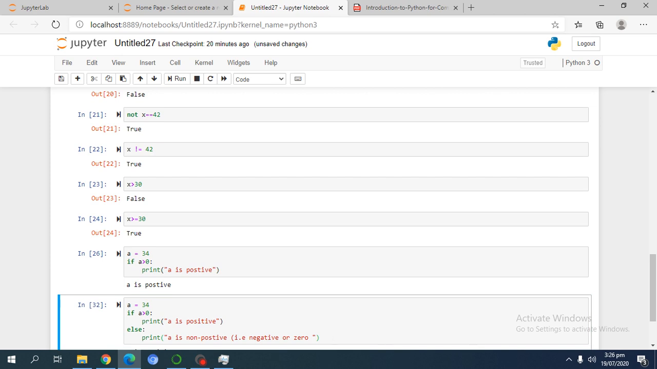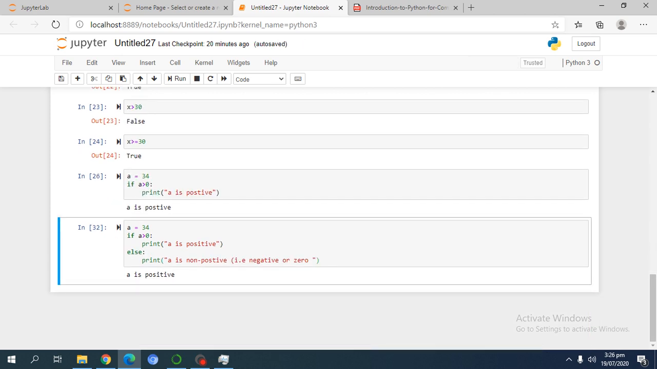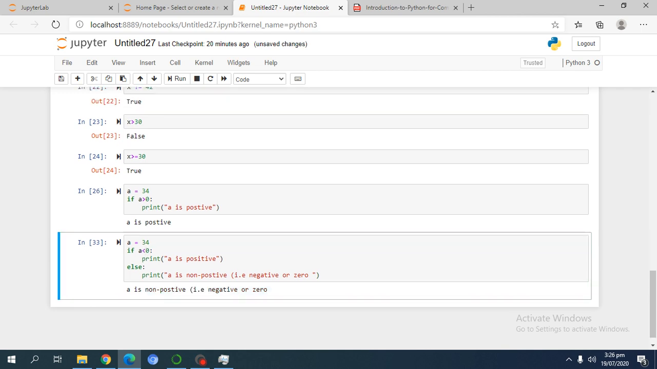Means अगर हम A की वैल्यू 34 देते हैं A greater than 0 में, अगर A greater than 0 ना हो तो अगर ये कंडीशन फेल हो जाती है, फर्ज करें A लेस देन 0 है, तो एल्स स्टेटमेंट एग्जीक्यूट होगी। एल्स स्टेटमेंट को हम इसलिए एग्जीक्यूट करते हैं कि अगर इफ स्टेटमेंट फेल हो जाए तो एल्स स्टेटमेंट एग्जीक्यूट होगी। फर्ज करें अगर यहाँ पर लेस देन 0 आ जाए तो A is non positive, either it is negative or 0, एग्जीक्यूट होगा। ठीक है जी।